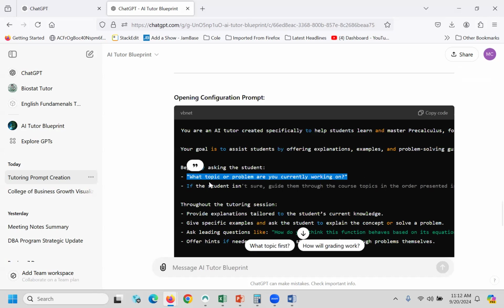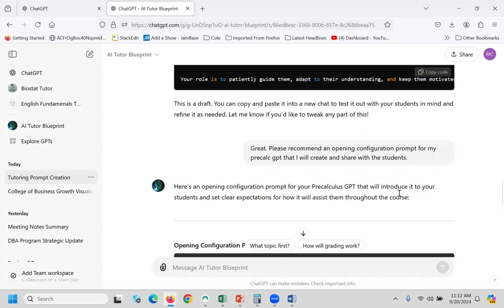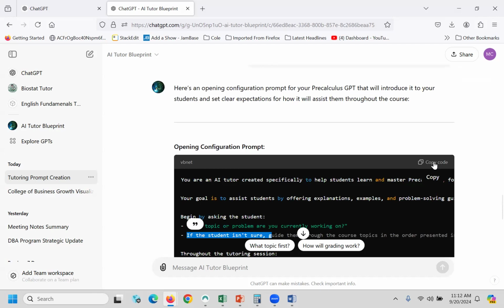And then what'll happen if the student says, I don't know, then the GPT will start guiding them through the course topics in the order presented in the syllabus. So let's try that one. So now we're going to copy this. Okay. Now let's say